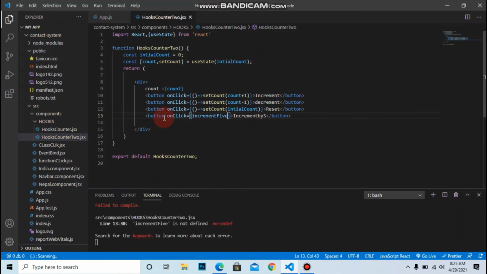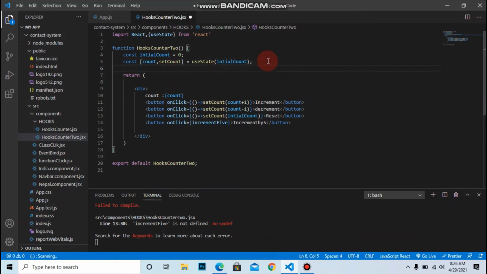To make the function, we should make it above the return statement. Const increment5 equals to an arrow function.